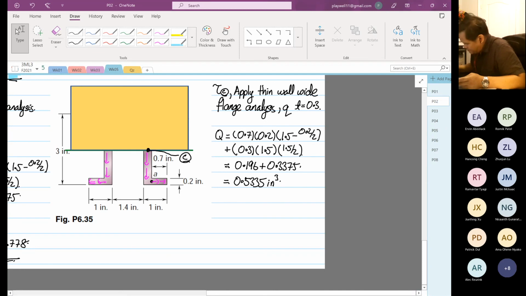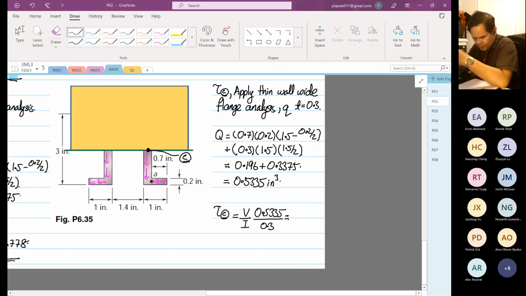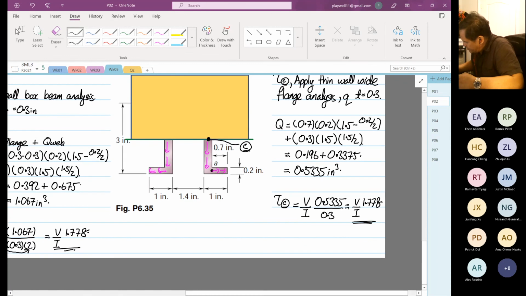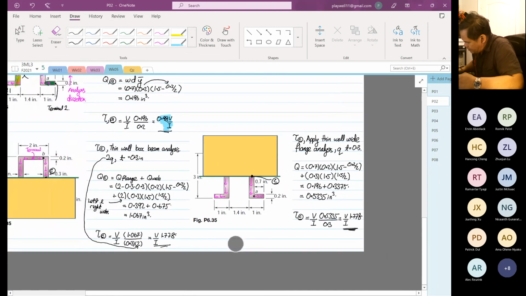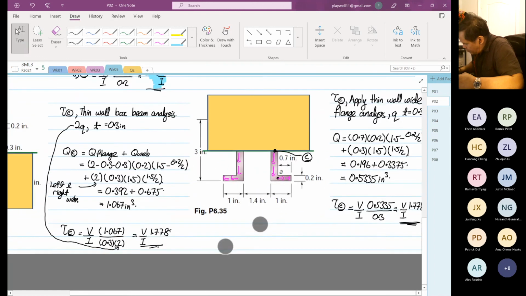Sorry. Okay, it's okay. So tau max or tau at point C is equal to V over I. Q is 0.5335 divided by 0.3. Okay, so 0.5335 divided by 0.3 is 1.778. So V over I, 1.778. Okay, so you can see whether you take from the top or from the bottom,